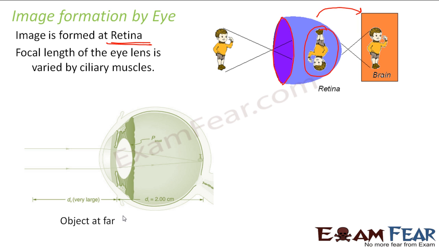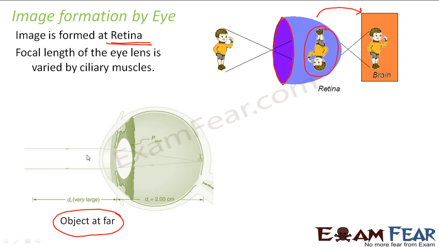Let us suppose the eye views a distant object. In that case the rays are parallel rays, because it is a very distant object, so we don't know from where actually the rays are coming. So this is how the image formation will take place. In this case, the lens will adjust its focal length in such a way. How does it adjust it?